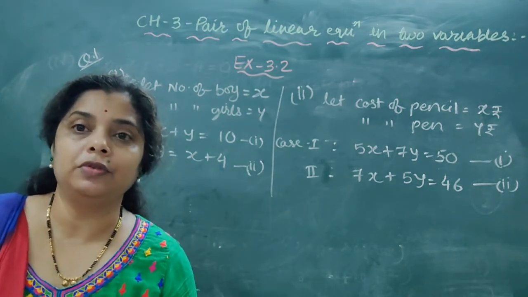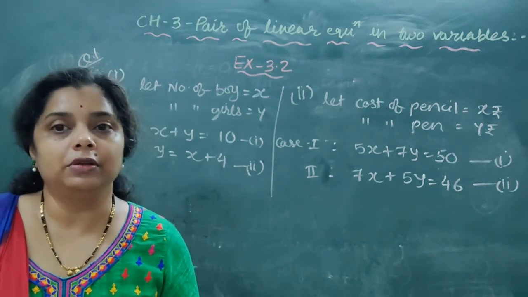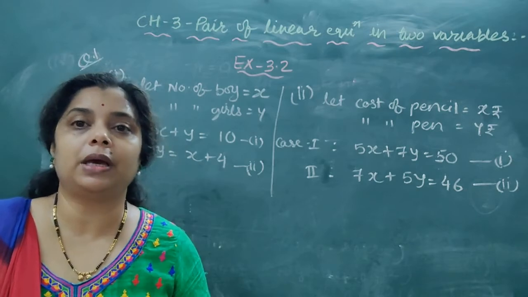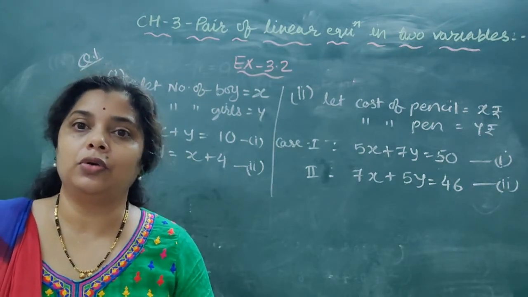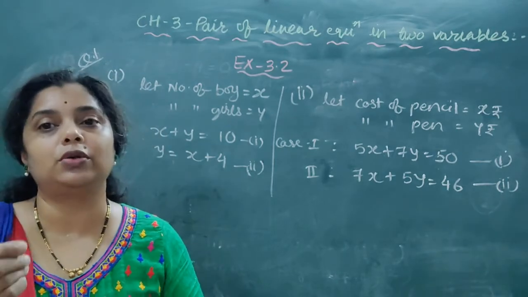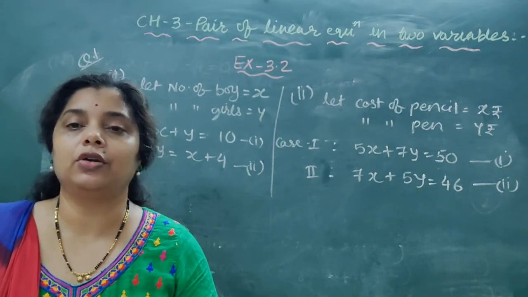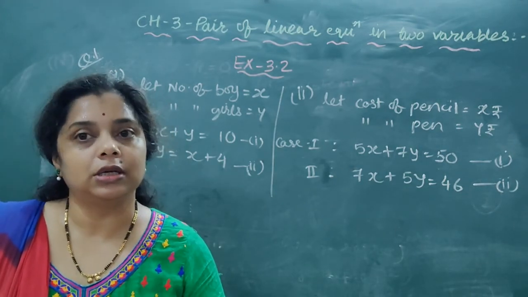Now we will see question 2 in the next lecture, and till then you have to learn which kind of pair of linear equations we will get if a pair is given. You do not need to do any calculation, just by looking at the equations you should be able to check which kind of pair of linear equations it is, right?